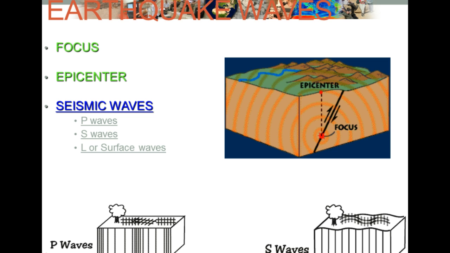The epicenter is the point on the surface of the earth directly above the focus, like you see here in this picture. So here's our epicenter located right above the focus. So make sure you get that in your notes. Now, the actual shock waves produced by an earthquake are called seismic waves, which should come as no surprise. These seismic waves are produced by the release of energy from the slip of two plates rubbing together. Get that in your notes.